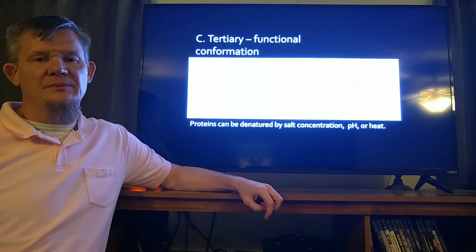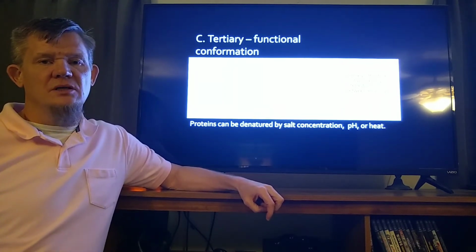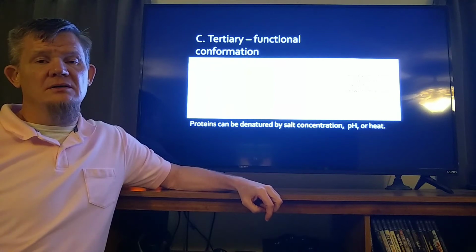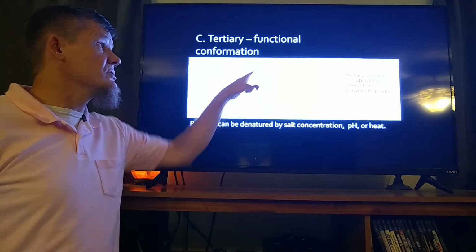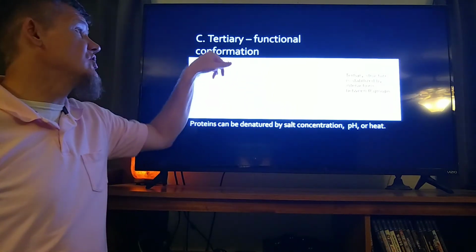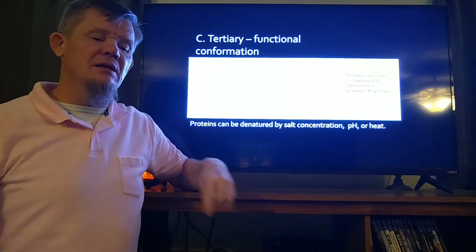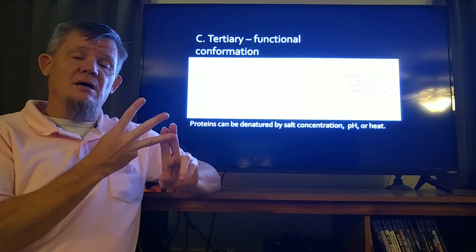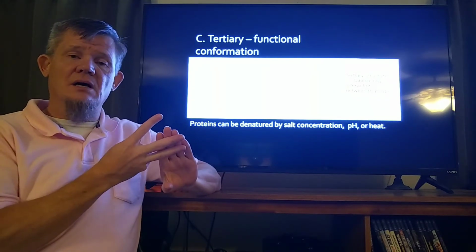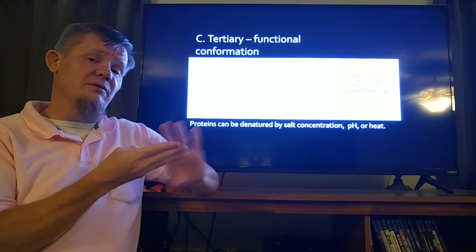Let's see if we can't wrap this up. We are talking about proteins right now. We've just finished up talking about primary, secondary, and tertiary structure. I wanted to show that the tertiary is referred to as the functional conformation, the shape it has to be in to work. We said at the end of the last video that every single protein uses the first three: amino acid sequence, beta pleated sheet, alpha helix, and then this functional conformation, the shape that has to be in